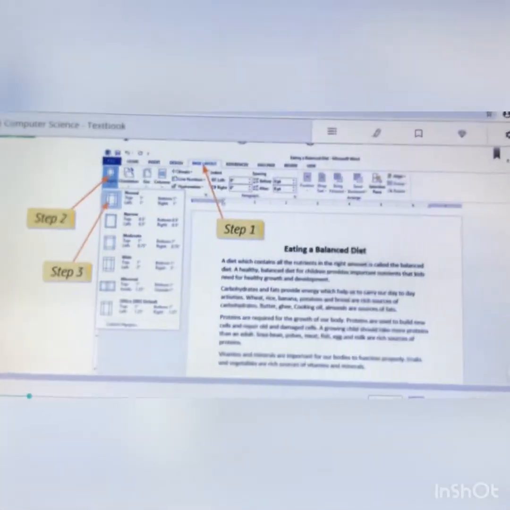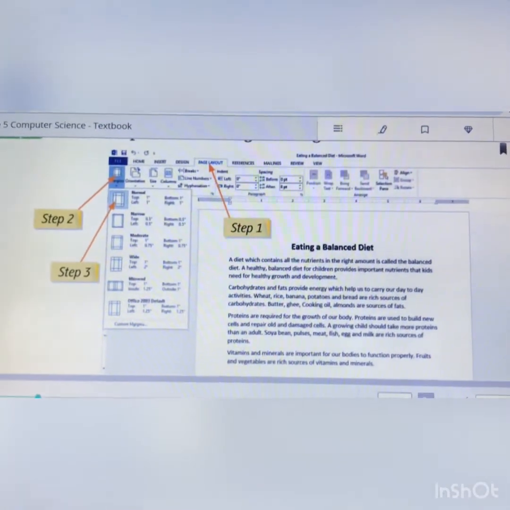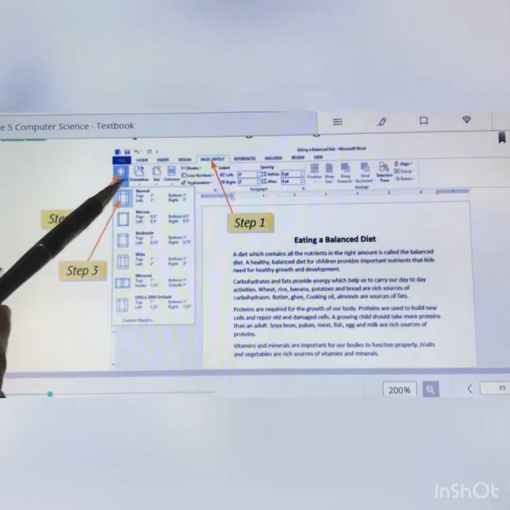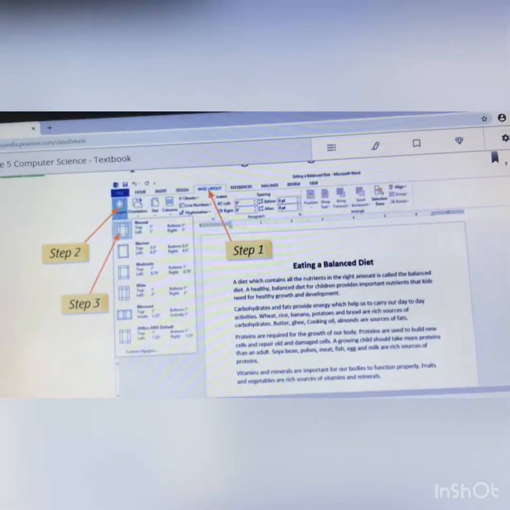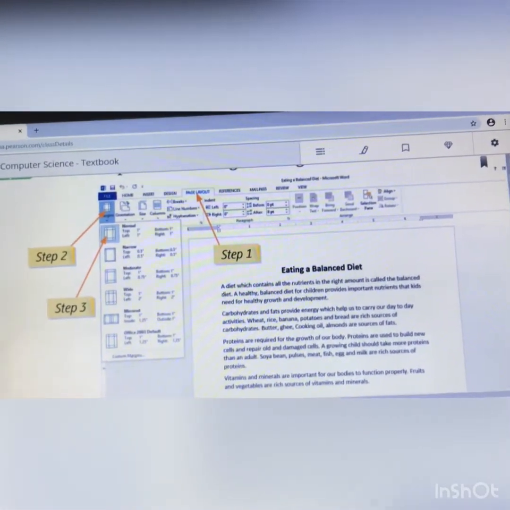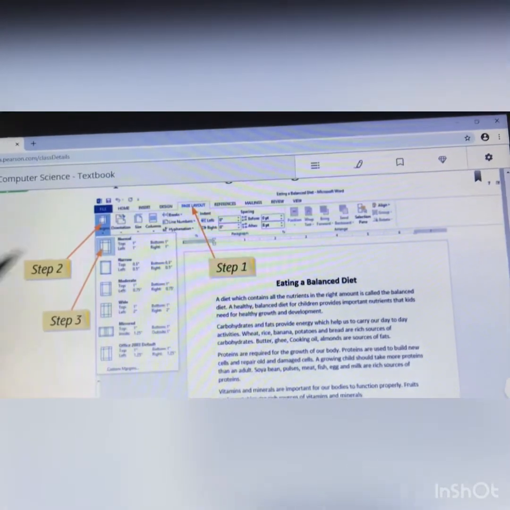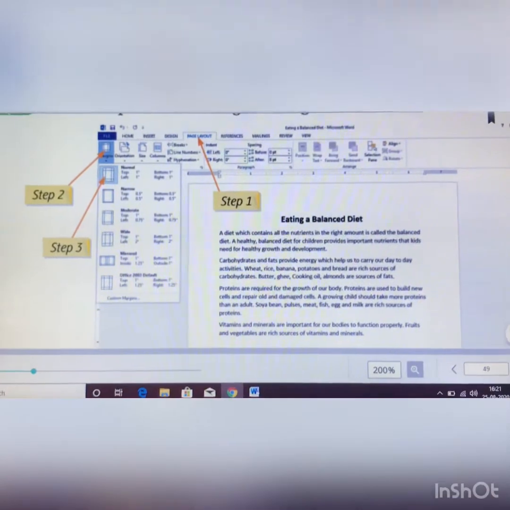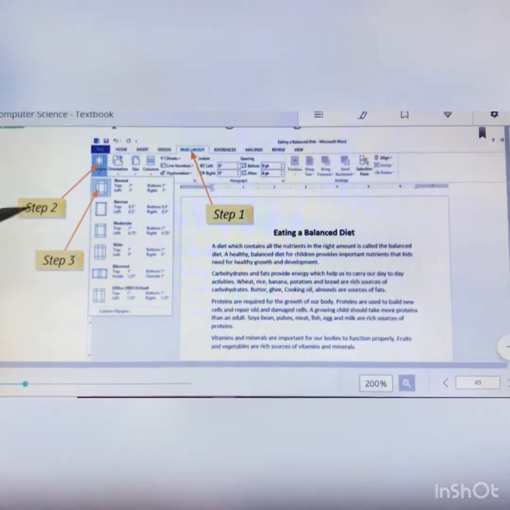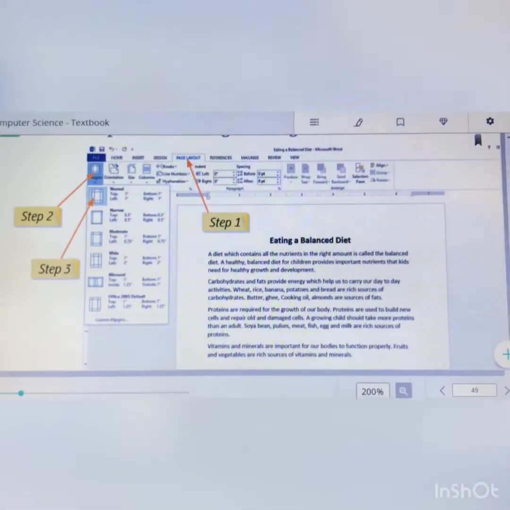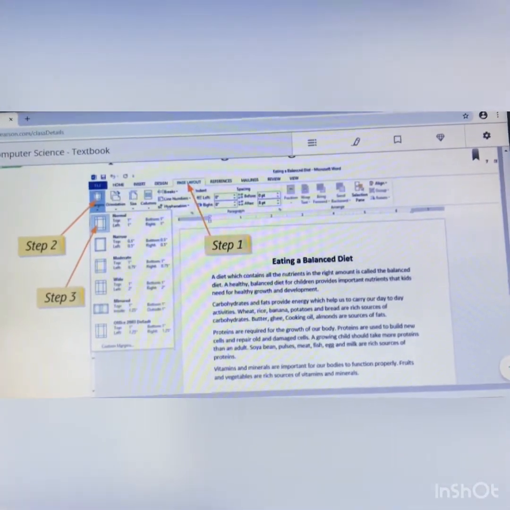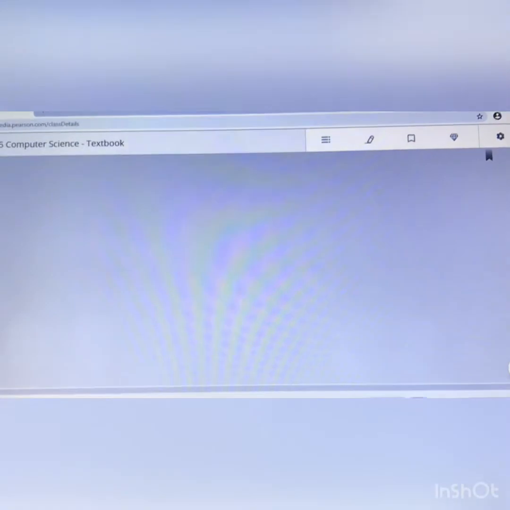Step number 1, we will click on the Page Layout tab. Then step 2, click on the Margins option in the Page Setup group. Then a list of predefined margin settings appears like this. Then we will click on a predefined margin setting, that is step number 3. So it sets the margin in a normal way, the length and the width. Then after, the second option is